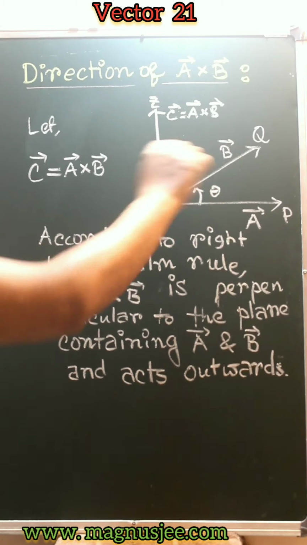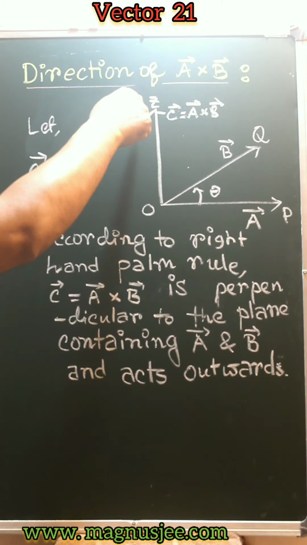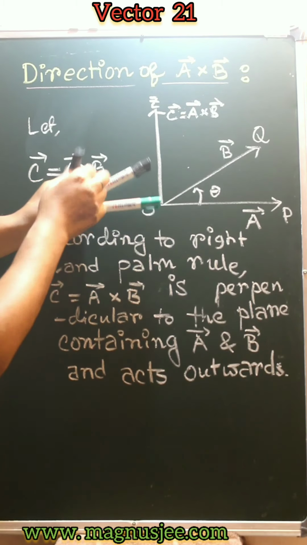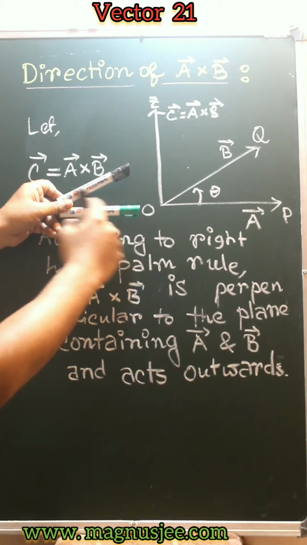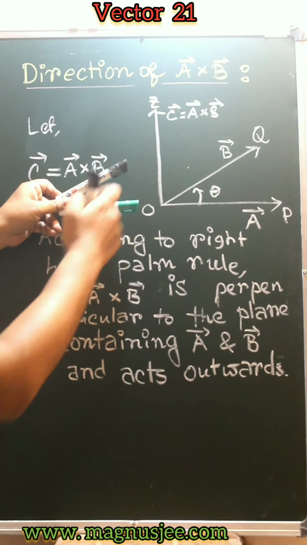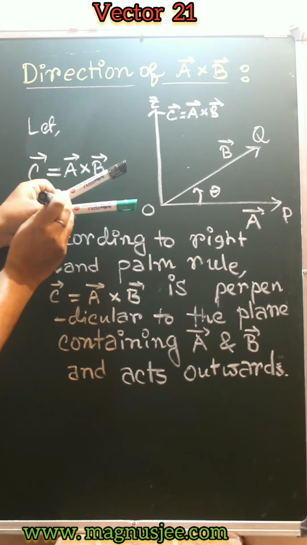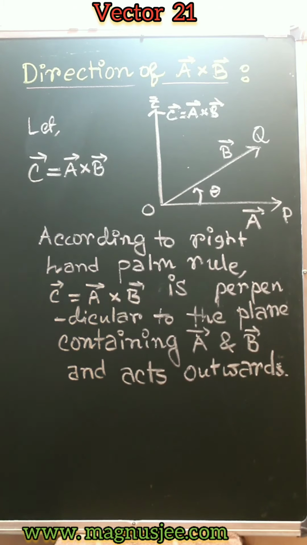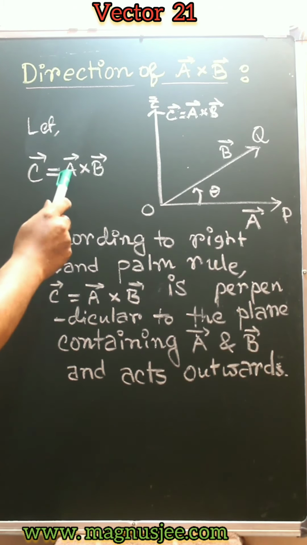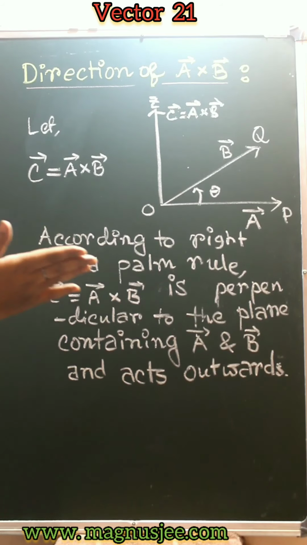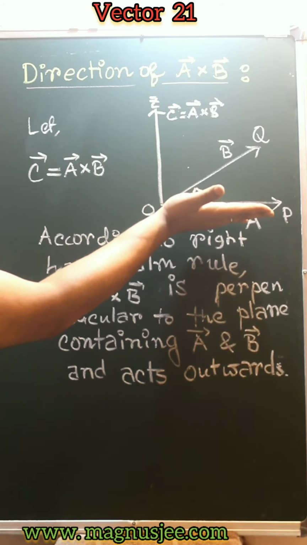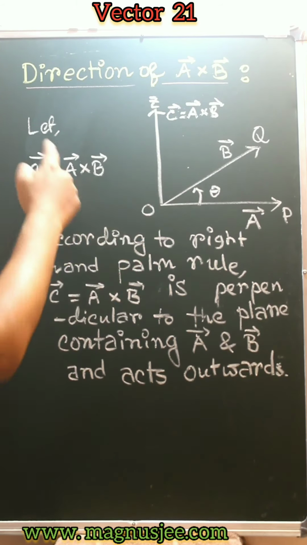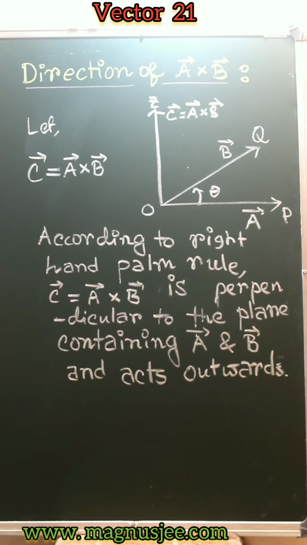Vector A and vector B act on this green board, and along OZ vector C, that is vector A cross B, will act. Green color pen and black color pen exist on this green board, this is vector A, and this is vector B. And in this outward direction, vector C, that is vector A cross B, will act according to the right-hand palm rule. In this expression, vector A comes earlier. So move your fingers parallel to vector A, then turn towards vector B, and the thumb indicates the direction of vector A cross B, and that is acting outwards.